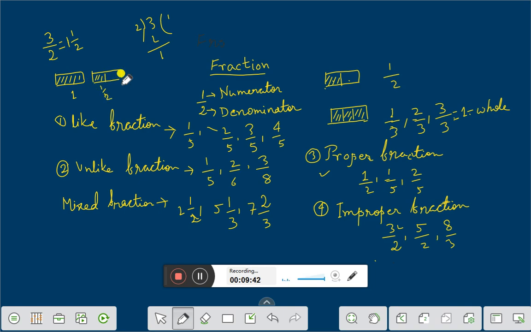Therefore, if we take the shaded portion, we are getting 1 plus 1 by 2, that is equal to 1 whole 1 by 2. Right? This means we represent the improper fraction like this. 1 whole and 1 by 2 is half of that. That means 1 plus 1 by 2, that is 3 by 2. How do we get 3 by 2? 2 into 1, 2 plus 1, that is 3 by 2. Right? You have to represent this improper fraction like this,